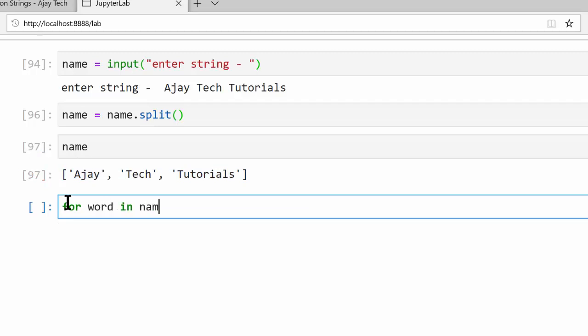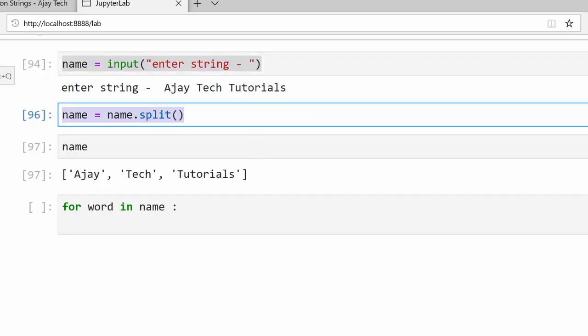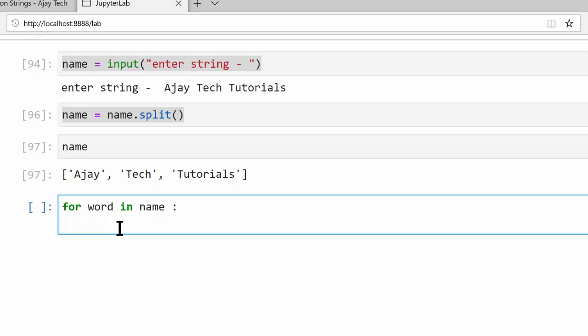word in name. Remember, this has got to be an iterable: a list of numbers, a list of words, a list of sentences, a list of objects, any kind of object. So we have done the first two things already. We have taken the input from the user. We have split the user text into its individual words. Now we've got to print the capitalized words. How do we do that? Print